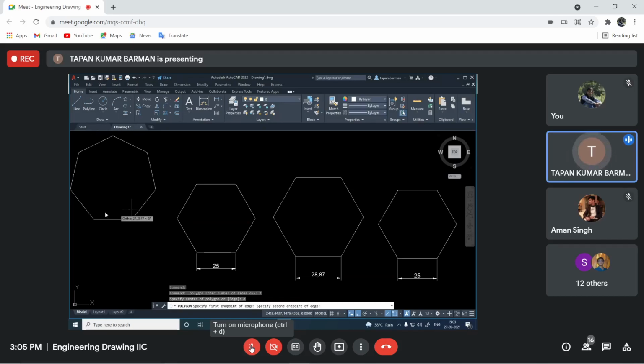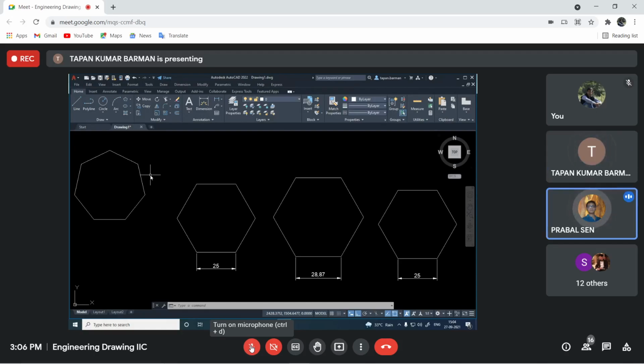So here, when I am moving my cursor, the size of the polygon will change. When I am moving the cursor in the horizontal direction, if this is my right direction to put the polygon, then in this direction only I can put the value. Suppose I am putting the value as 20 millimeter. When the direction is fixed, if I put any value there, that value should be treated as the length of that edge. Is it clear now? Yes, sir.